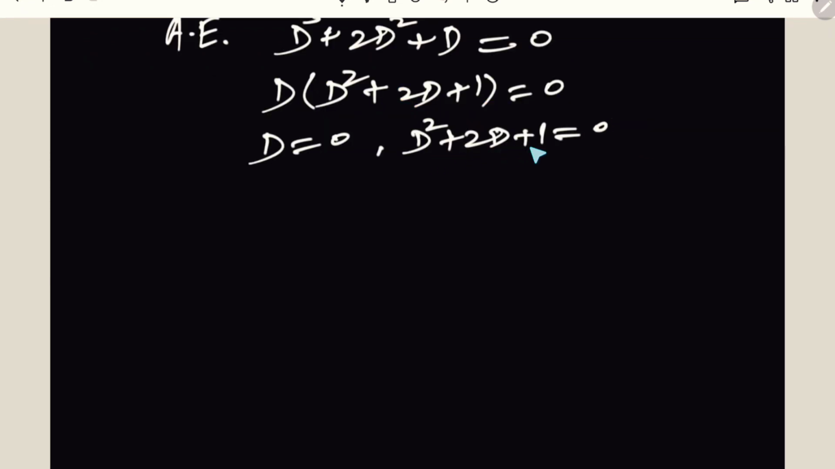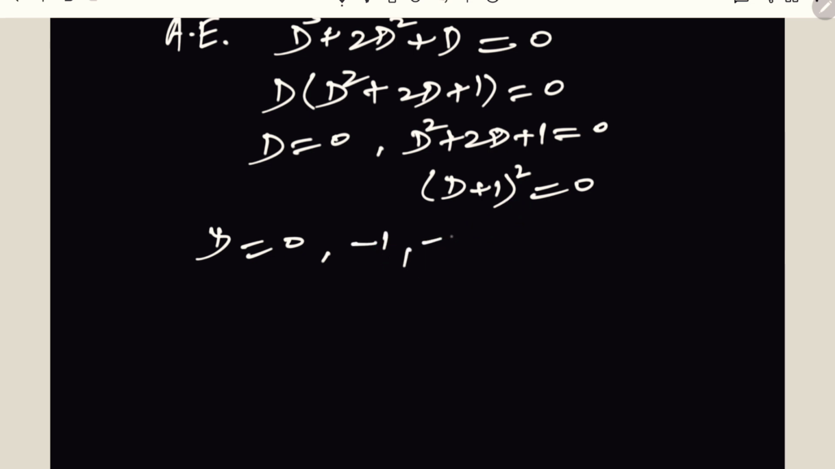This D^2 + 2D + 1 is a perfect square, (D + 1)^2 equated to 0, and therefore we have the roots. First one D = 0, second one D = -1, and third again -1. Therefore there are three roots. First one is real and different, and the remaining two are real and repeated, and therefore we write down the complementary function